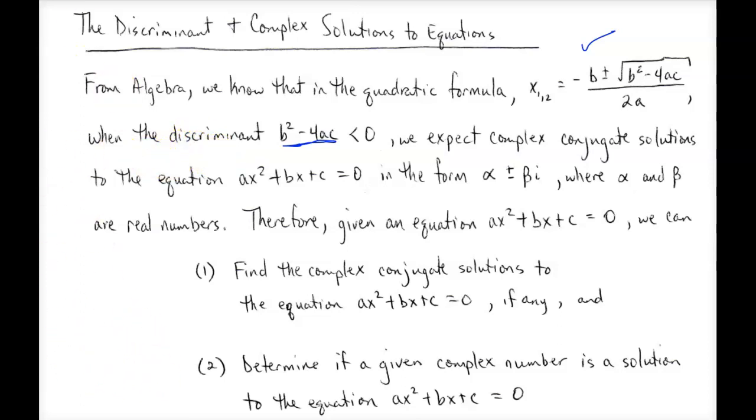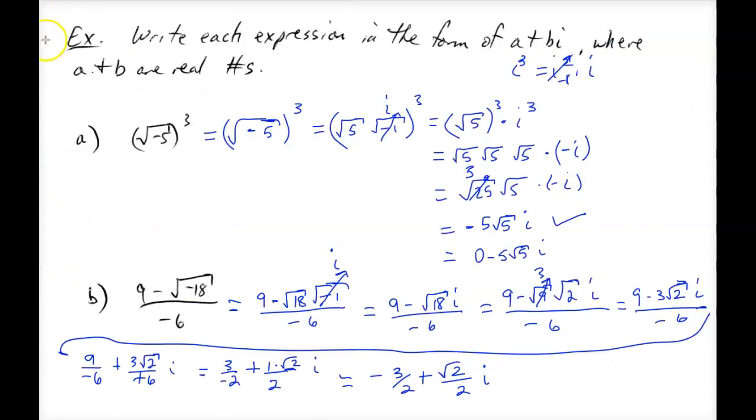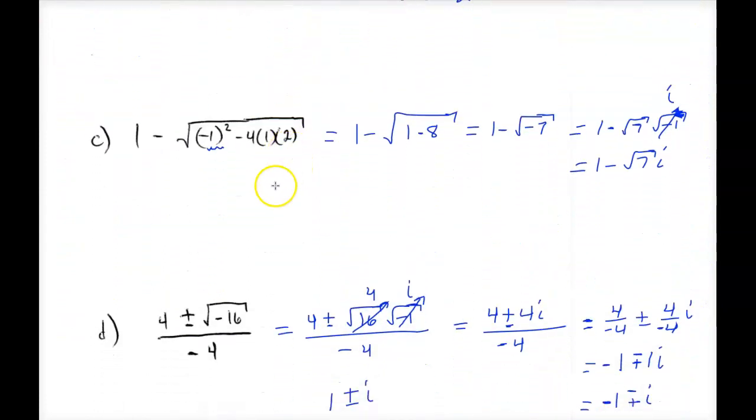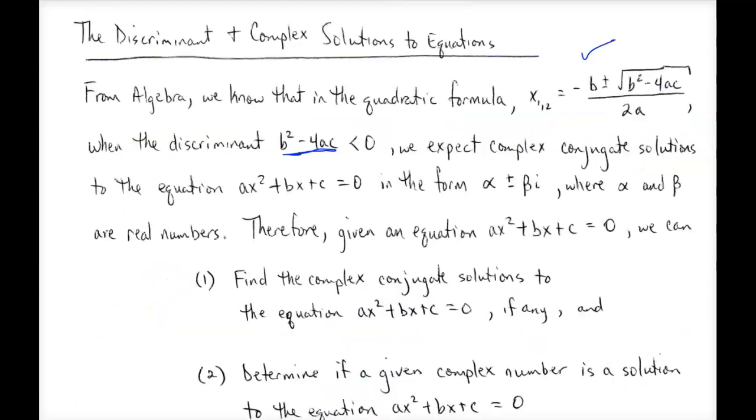And just so that you have an example of what I'm talking about here, I'll go back to one of the problems that we did here, example D. This is an example of complex conjugate solutions because 1 plus i and 1 minus i are conjugates of each other, okay? So that's where that actually comes from. So what we want to do is, now that we know that we're going to have complex conjugate solutions here, then